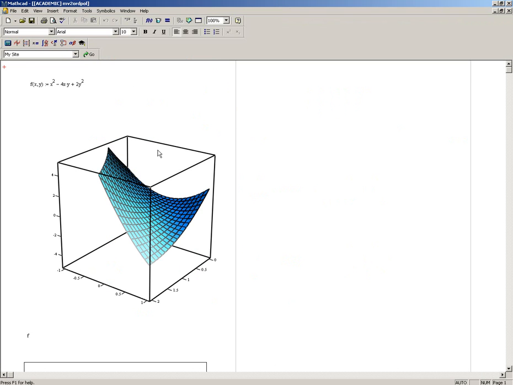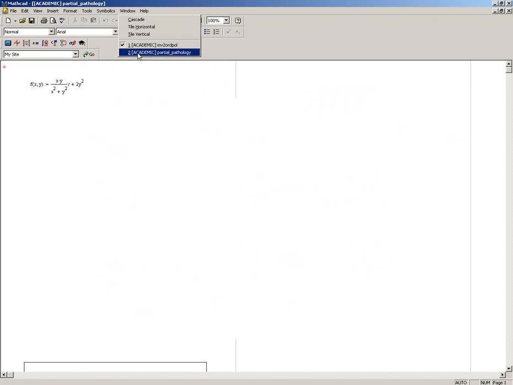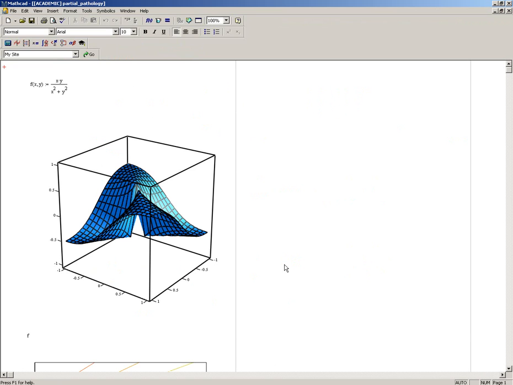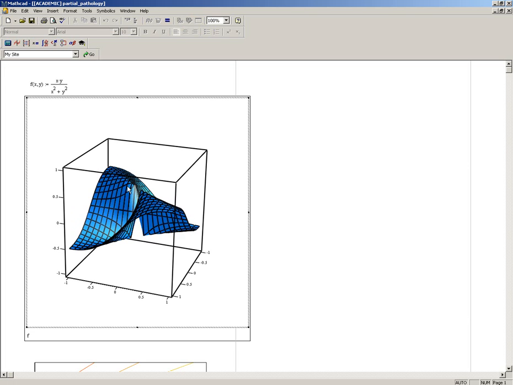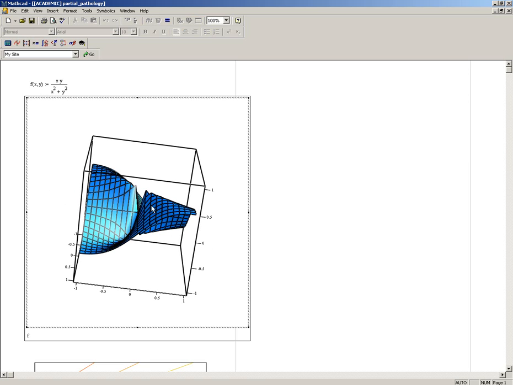And of course, once we look at the picture, which is actually in this MathCAD sheet, we can see what's going on. If you go in the x direction, you're going pretty much along a horizontal line. If you go in the y direction, you go along a horizontal line, and that line is at height 0. And that means in those directions, as long as you don't see the other direction, it looks like everything is flat. But of course, as soon as you see the other direction, you see that there is a big discontinuity, and so that